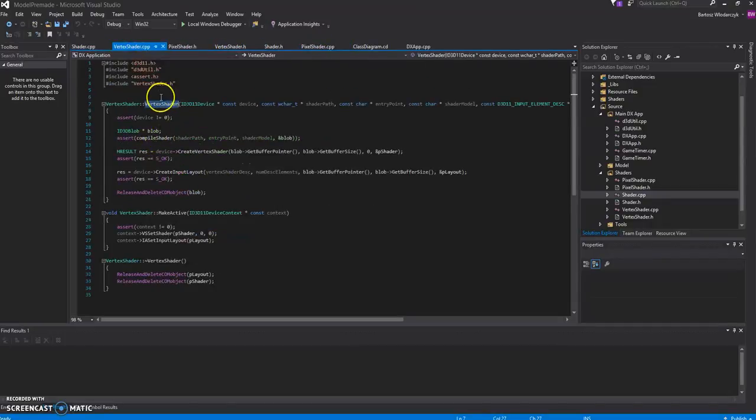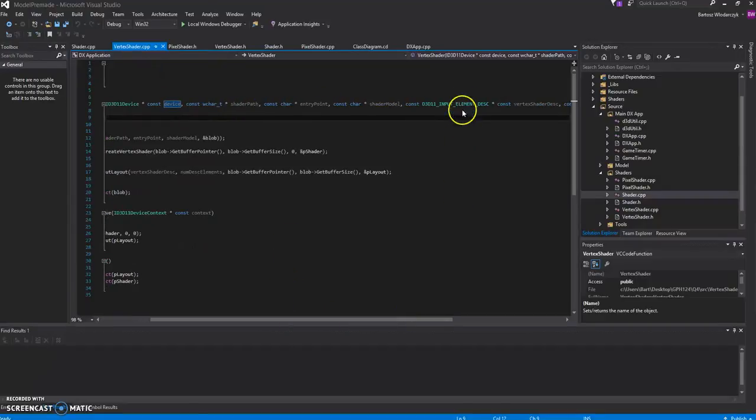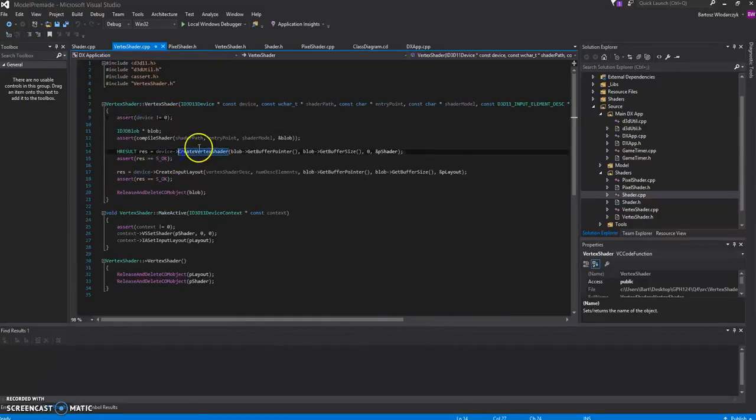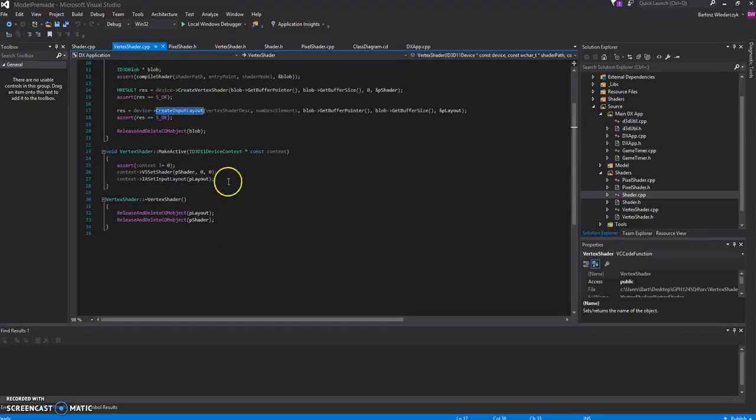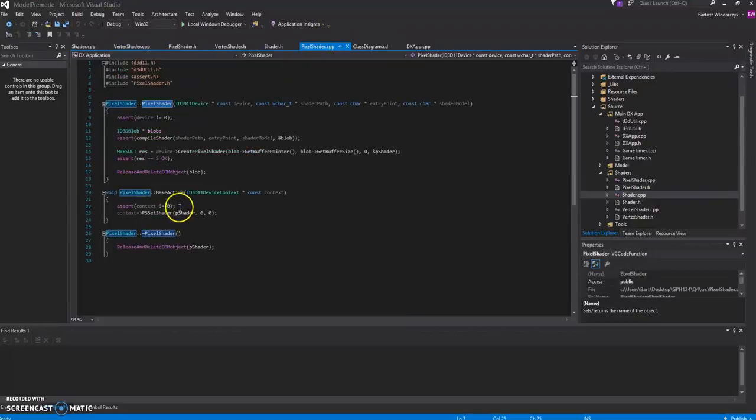The vertex shader is one of them. Here it just creates basically an input layout, which it takes as a constructor. Basically creates the vertex shader and the input layout. Bind just sets the shader and the input layout. Same thing with a pixel shader. Creates the pixel shader, binds it,